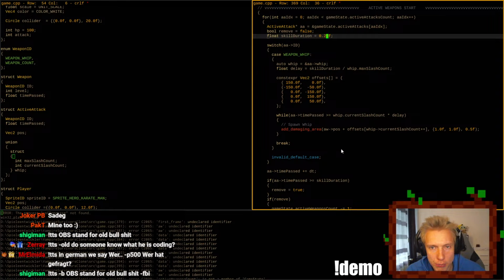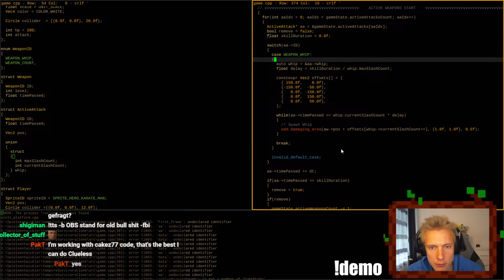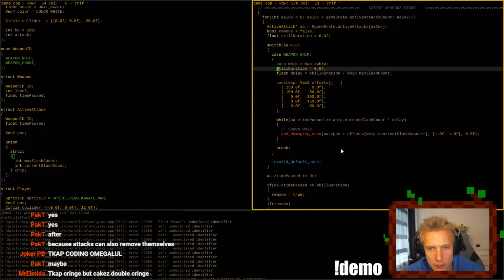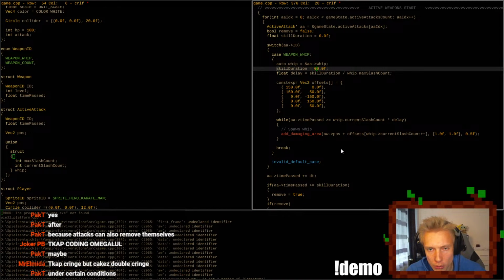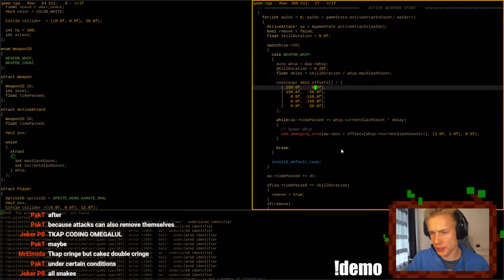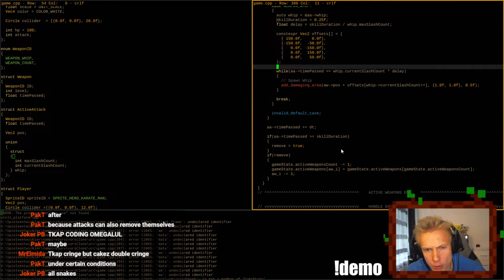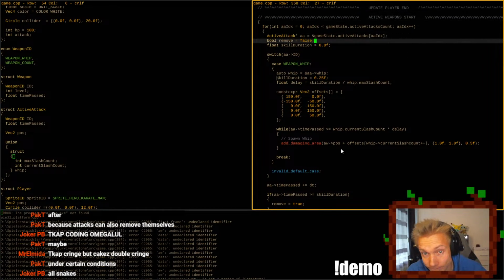Skill duration is 0.25f. Under certain conditions, because the text can also remove themselves, maybe. Okay, well, we'll do it afterwards. It's fine. I think it's not a big deal. And the bool remove false can also go away.